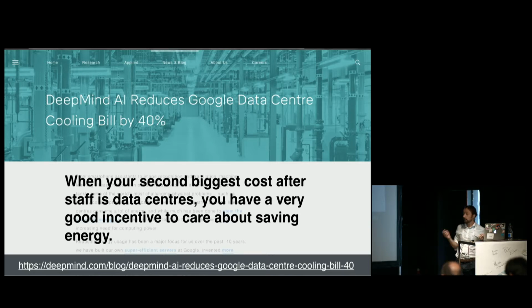So as an example, Google basically bought DeepMind, an AI company, for almost $500 million. And then they deployed the AI to work out the most efficient way to run its own data centers to save lots of electricity. Now, given that Google's second highest cost after staff is electricity, you can see why they did this. But also, they reduced a ton of CO2, so that's a good thing for the planet as well. So planet-friendly is wallet-friendly in this case. And I don't know about you, but I don't work at any place where we have a $500 million AI trying to tweak how we run our data center. But this gives you some ideas.